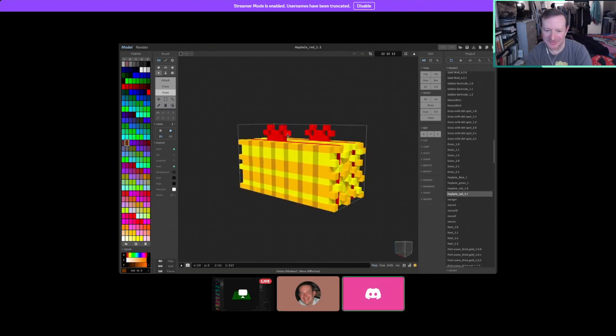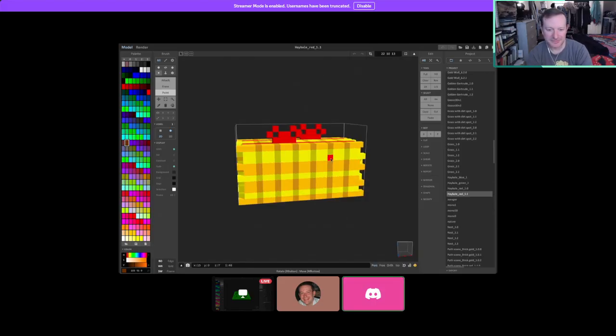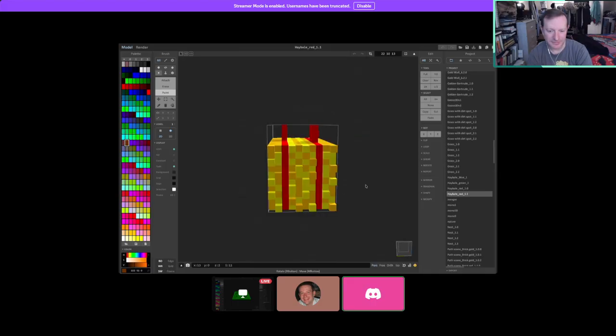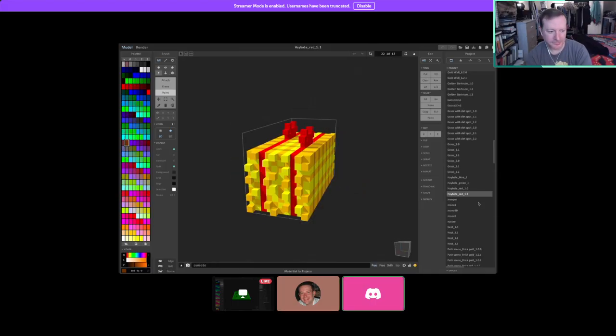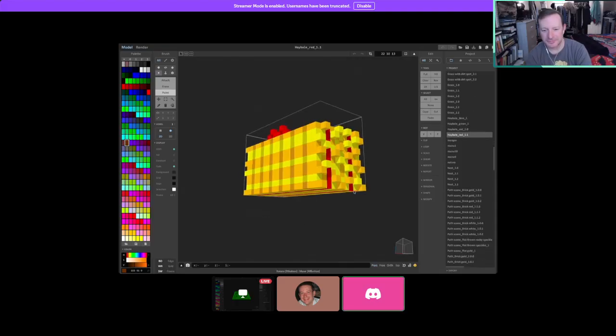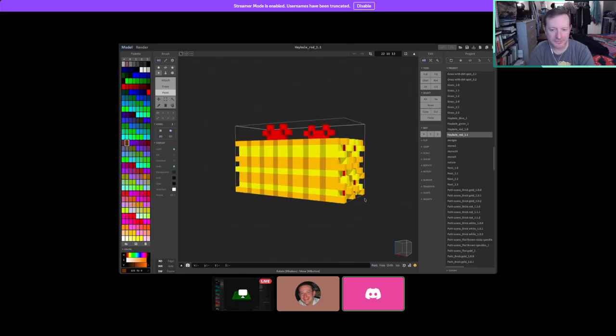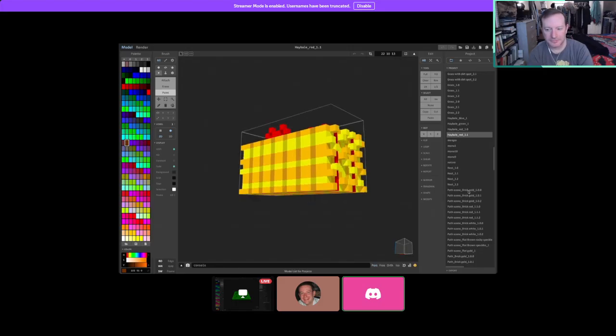I might do these in different tiers, and we can just stack them on top of each other. Hopefully these ribbon things aren't in the way when we stack them. I think you could just put those inside of another hay bale. I made them with individual flakes and stuff. Yeah, I like my hay bales. I got carried away. I was so nervous about how to make a hay bale. I was stressing myself out about it. Like, how am I gonna make a freaking hay bale out of little blocks?